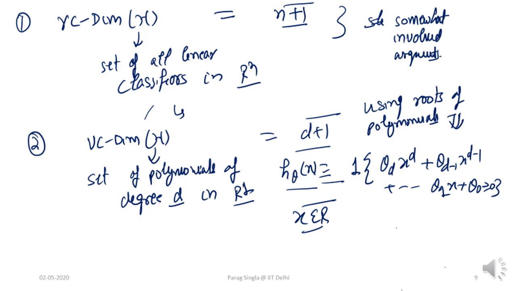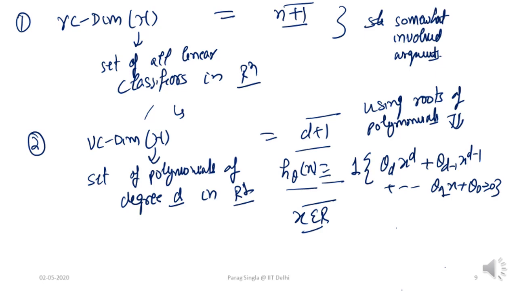So given a set of d plus 1 parameters, we have a specific hypothesis in this hypothesis class which specifies a polynomial. And we say a particular point is classified as 1 by this polynomial. If I put that point into the equation of the polynomial, and what comes out is greater than or equal to 0, then that point is classified as positive, or 1; otherwise it is negative, or 0. So this fairly precisely defines this hypothesis class, which consists of degree d polynomials in R^1.